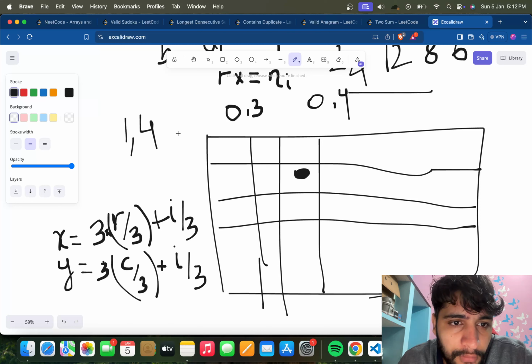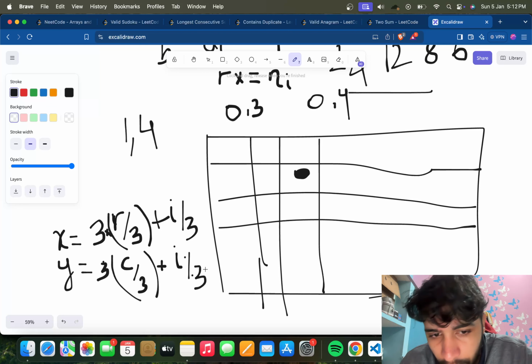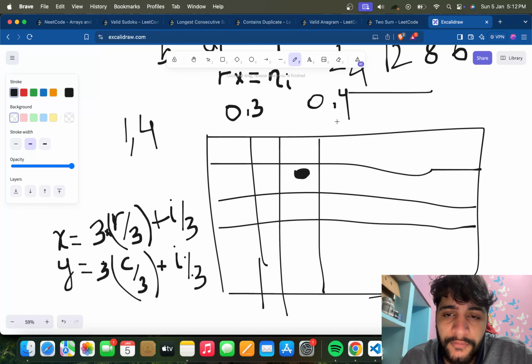And how can y be 4? Because c is 4, 4 by 3 is 1, 1 into 3 is 3, plus it should give us 1 then, and it is giving us 0 when i is 1. When i is 1, how can it give us 1? 1 percent 3, what will it give? It will give us 1, right? Okay, and then we have to check 0 5, right? How can we check the 0 5? It will give us 0 again,